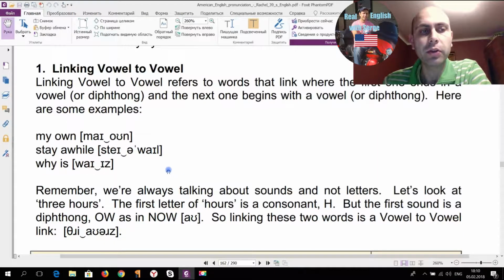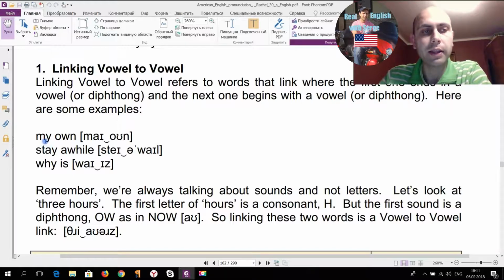So here she gives 3 examples of expressions where we see vowel-to-vowel linking: my own, stay a while, and why is. So you can see that each of these word pairs, if you pronounce the 2 words separately, it's not going to sound natural. Like if you say my own, it's going to sound weird.